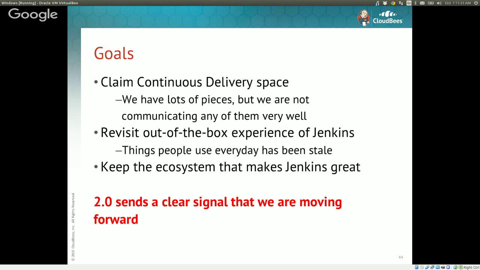I think changing messaging is one thing, but if the product doesn't speak for itself, then that's a problem, right? So we also need to revisit the experience of Jenkins, with particular focus on the out-of-the-box experience, because that's where people suffer. And also, for quite some time, the changes that we've been making to the core tend to be driven by the needs of the plugins, or the